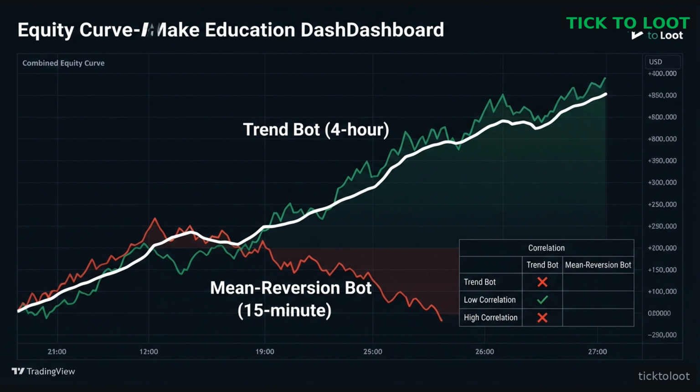robot. We walked through the steps of picking complementary strategies, assigning each a different time frame, like using a 4-hour trend bot and a 15-minute mean reversion bot. Then splitting our capital, for example, 60% to the trend bot and 40% to the mean reversion bot. We also saw how a single dashboard can show both bots' equity curves side by side, making it easy to